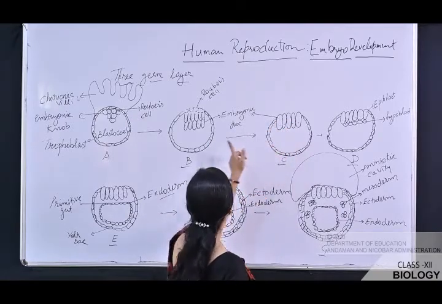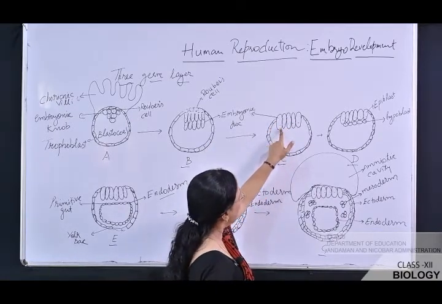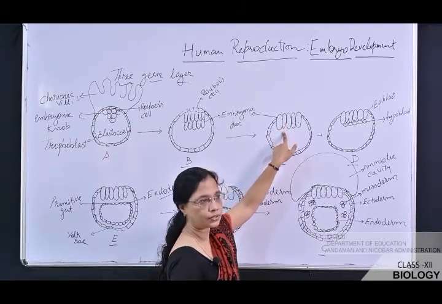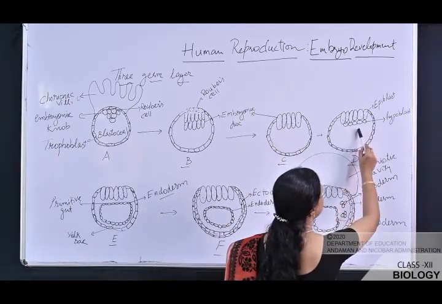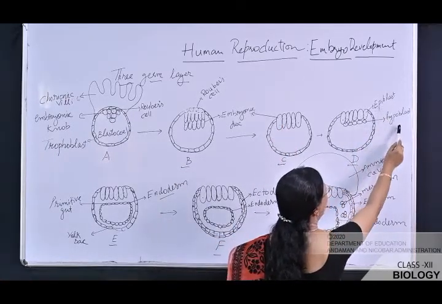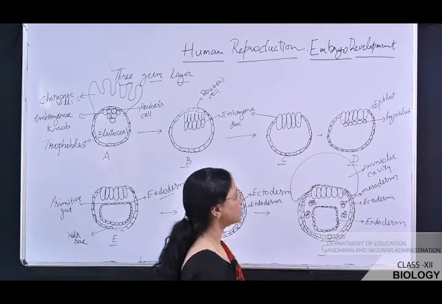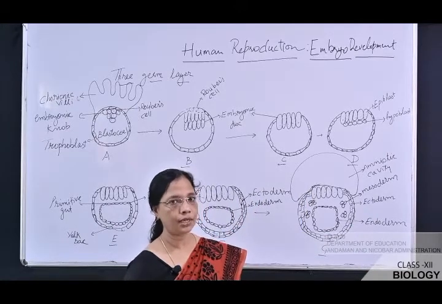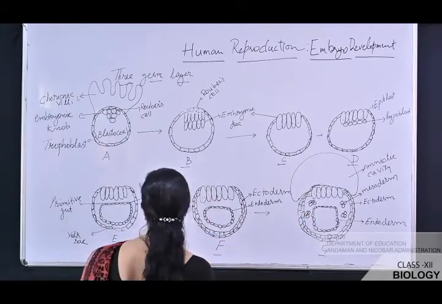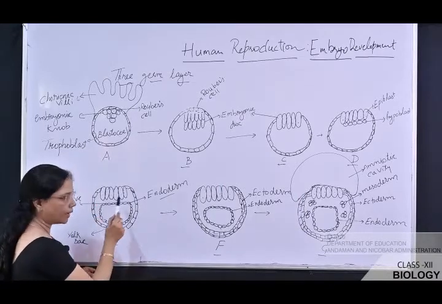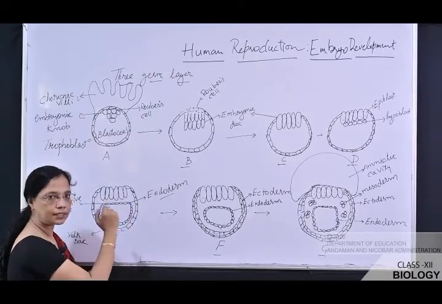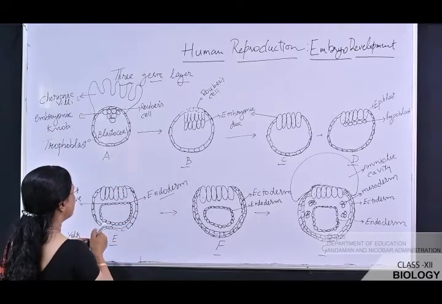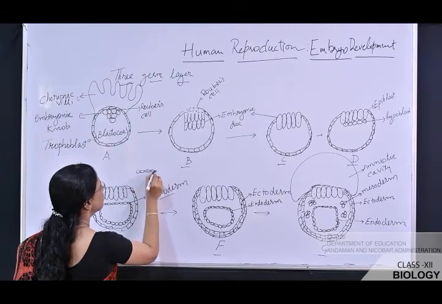Now the trophoblast. This is the trophoblast. Now this is the embryonic disc. It undergoes transverse division. When it undergoes transverse division, it forms epiblast and hypoblast. Epiblast develops into the embryo. Hypoblast does not have any role in the development of the embryo. Now what happened to the epiblast? Epiblast again divides a layer of cells. This layer of cells gets detached in a layer like this. So suppose it is forming a layer of cells.